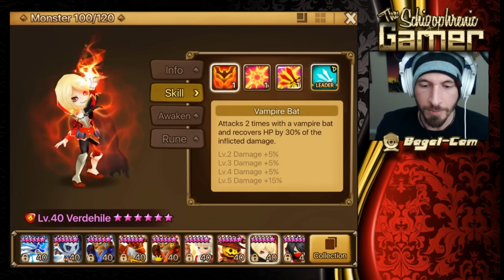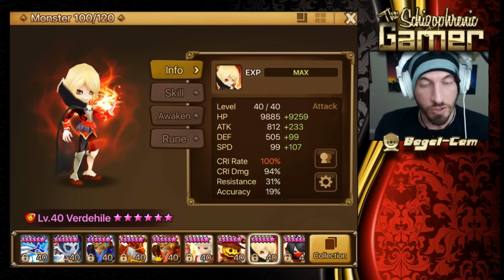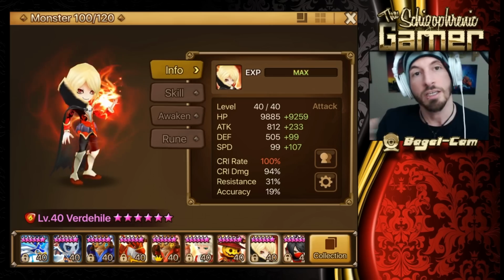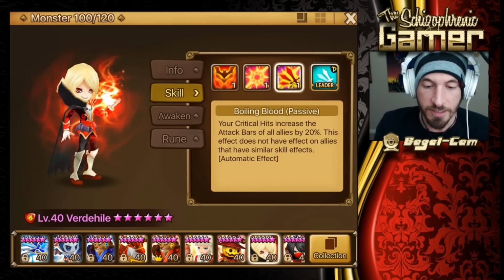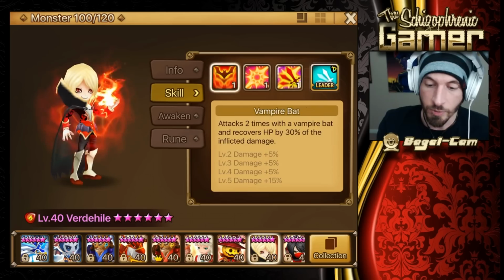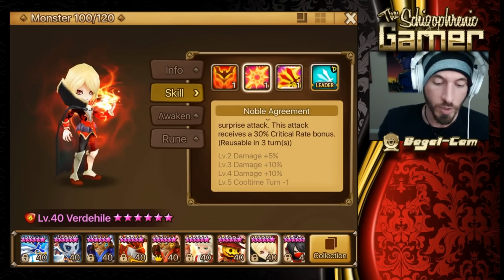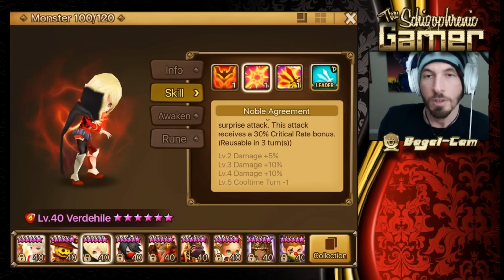So he attacks 2 times, which means he increases the attack bar by 40% if he crits. He needs 100% crit rate. He doesn't need accuracy. He doesn't do debuffs. He just needs the 100% crit rate, which is very important for him. So we have 2 hits, which is going to do 40%. This is just 1 hit, so it's just going to be 20% attack gauge increase. So that's why I don't like...